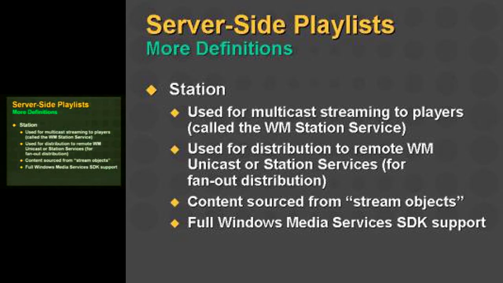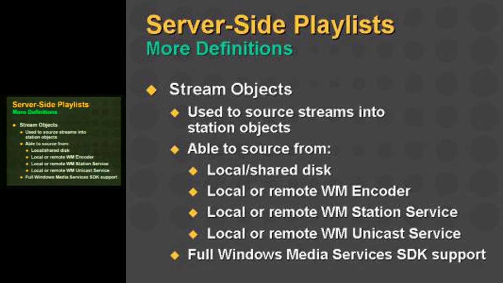And what goes into a station are stream objects. This will be an important point that we'll see in some demos: with a station itself, you don't assign a URL to play. What plays through a station are stream objects. You can have n number of stream objects, and all you do is switch to each different stream object. And I'll show you more about that. Stream objects themselves are like publishing points in that they source a URL and go against those 4 different locations,